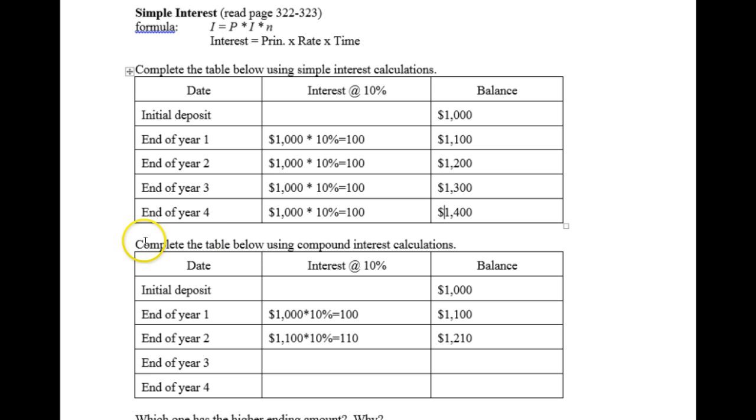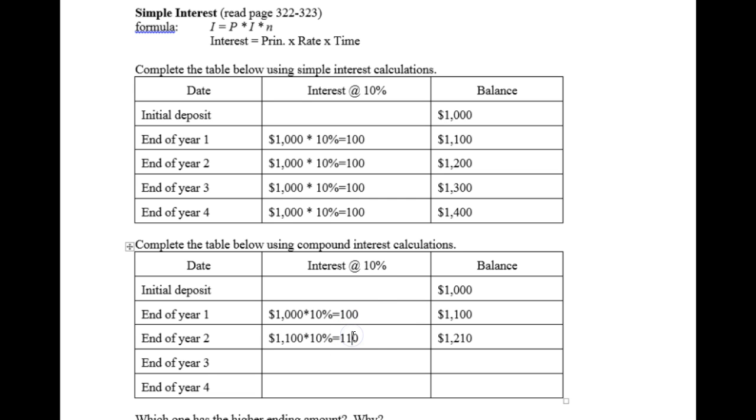Let's move to one that's a little more complicated. Let's do a compound interest calculation, one where you earn interest on interest. Still 4 years, still 10%. You make the initial deposit, it's $1,000. At the end of year 1, you've earned $100 on it. It's 1,100. But notice at the end of year 2, you're now getting interest on 1,100 at 10%,